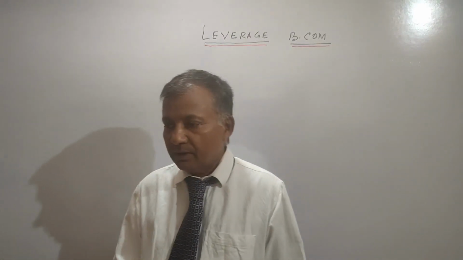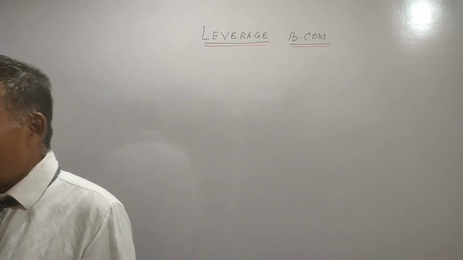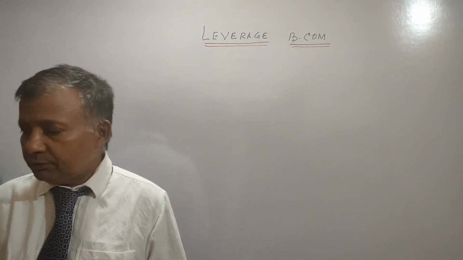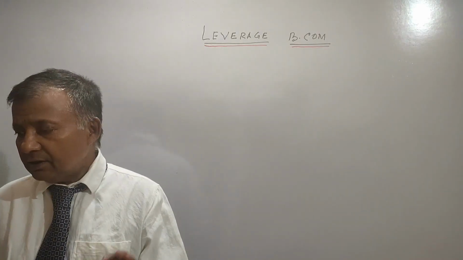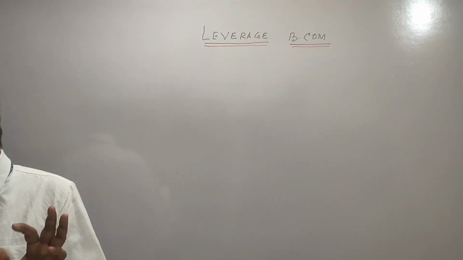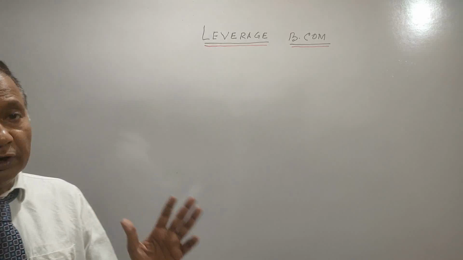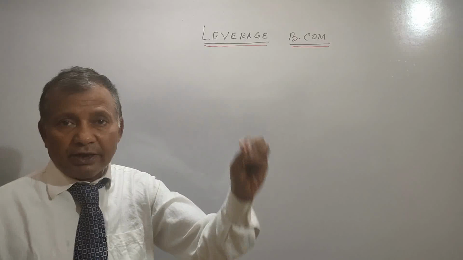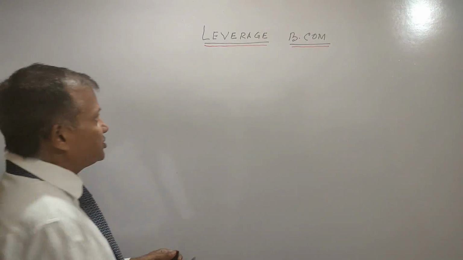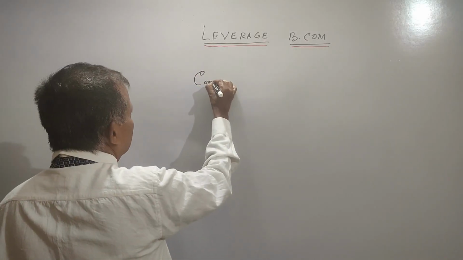Friends, you have gone through question number 5. A company operates at a production level of 5,000 units. Contribution per unit 60 rupees so that you can get the total contribution. The operating leverage and combined leverage is given and you are going to find out the earnings after tax, that is your EAT. So friends, if we take into account the contribution